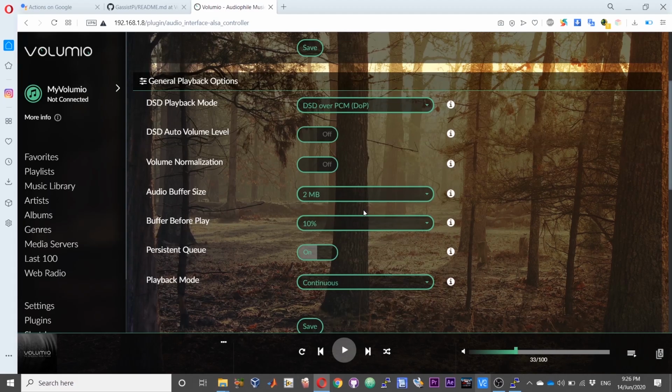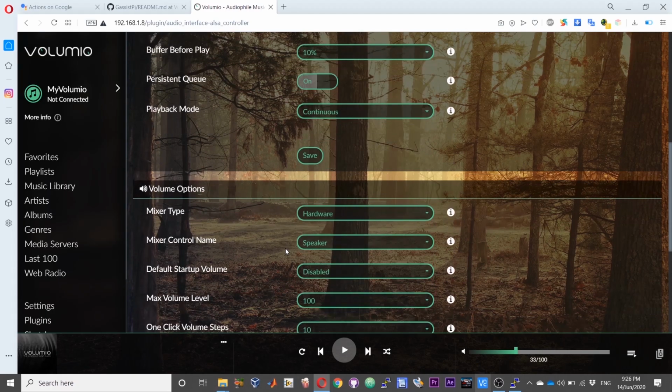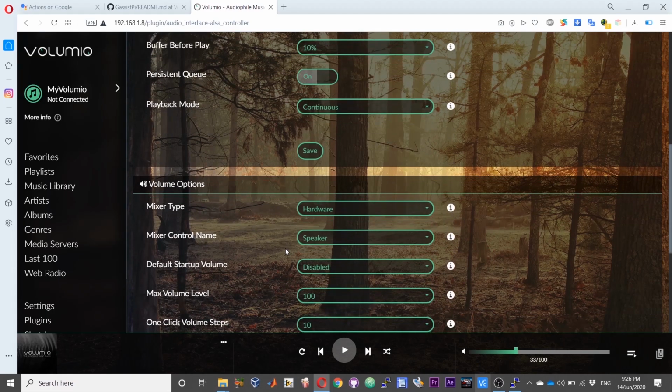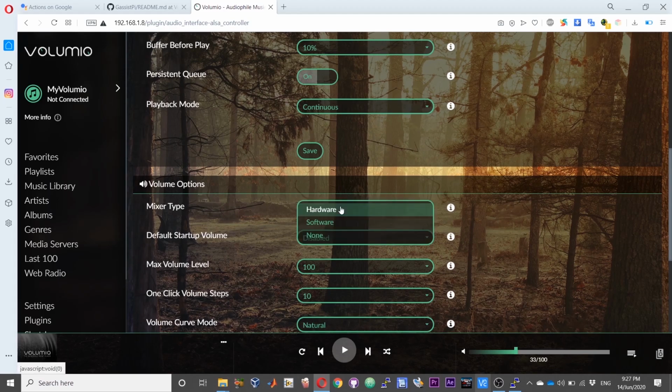And then if you want a smooth playback, you can alter all these lines. Okay, so that is not critical to this project. So under mixer type, choose software. Okay, so if you are using the onboard jack or the onboard HDMI port for audio out, then you can leave the option to be hardware.